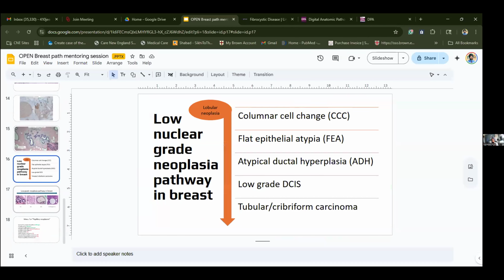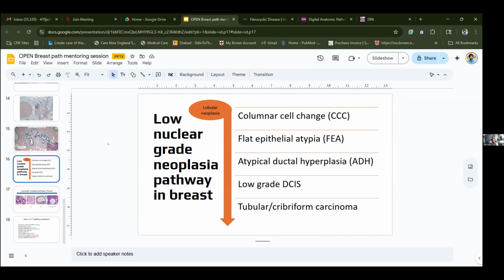This is again going back to the etiopathogenesis. So there are many lesions in the breast, like one I showed before, the lobular neoplasia. This is how the lesions progress. The difference is the quantity, and how a proliferative lesion, which is benign, columnar cell change, is linked to atypical lesions, eventually to the carcinoma and invasive carcinoma. So keep an eye open. In the module we discussed this, and also